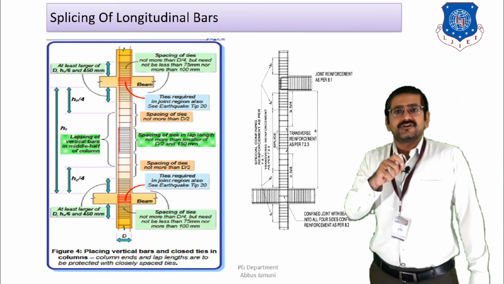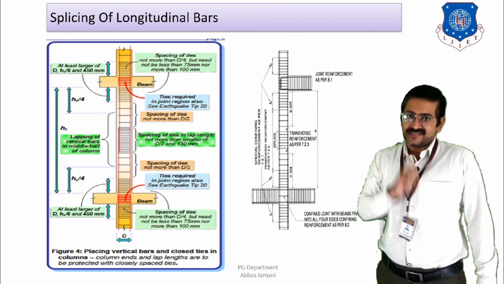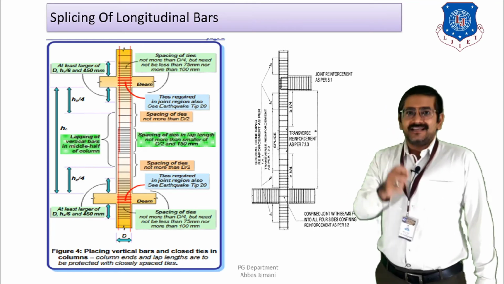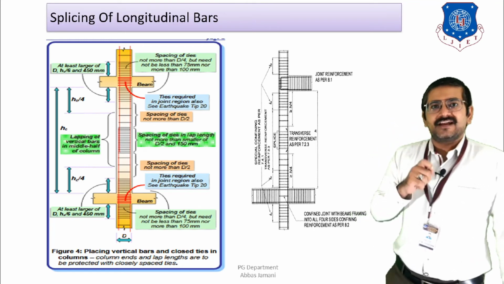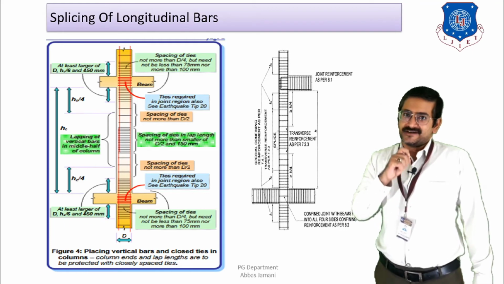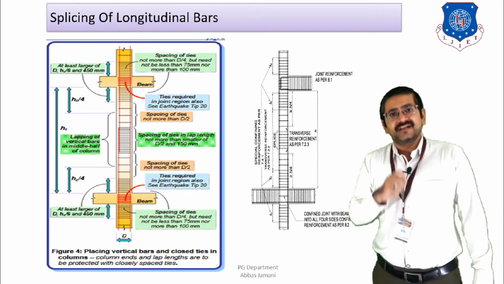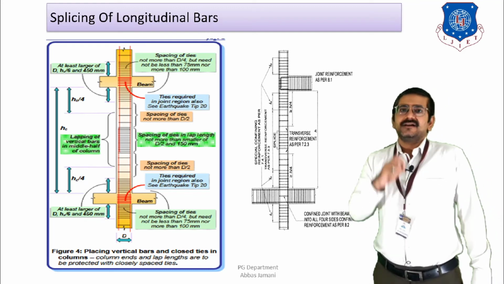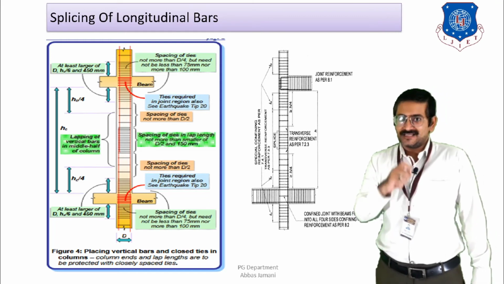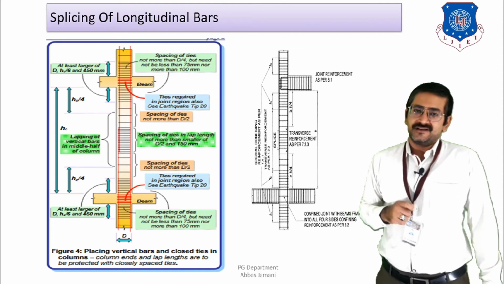And this point of contraflexure is the point where zero moment is likely to be there in the column section, and that is ideally to be located at mid height of the column. That is why IS 13920 is suggesting that the splicing of bar should be done in the central region, that is mid height of the column, because at that particular point, most of the times, the moment is going to be the least. That is why it is suggested that the splicing of bar should be done in the mid region.